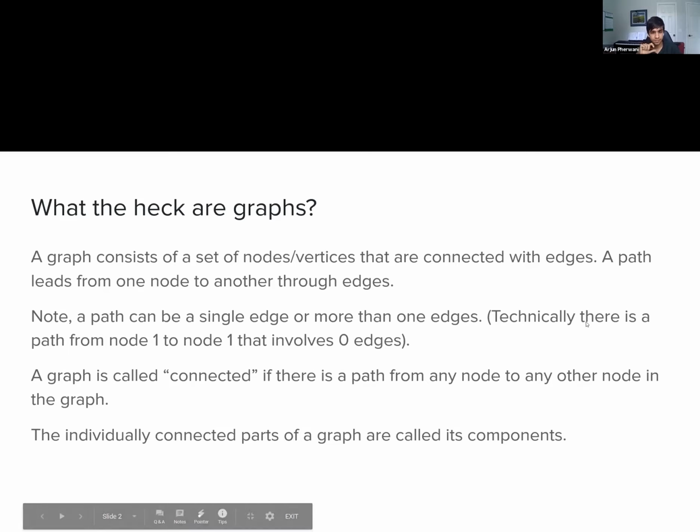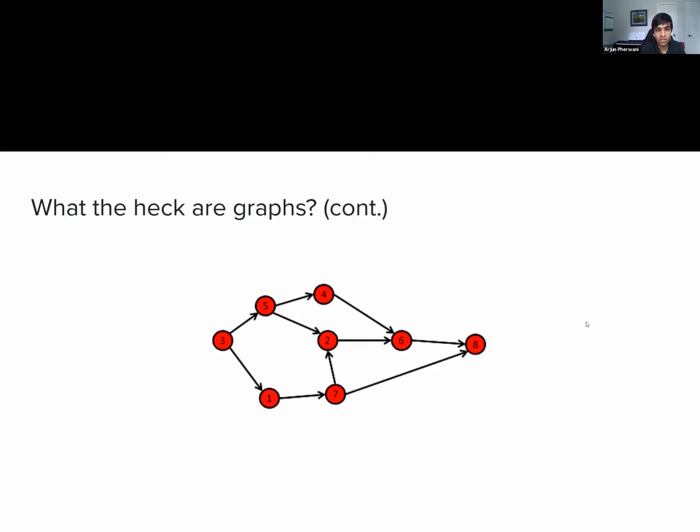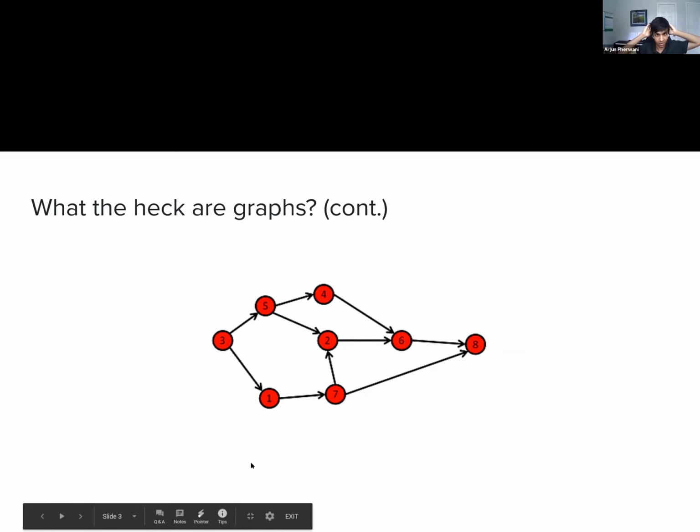So Nate, could you go to the next slide? If you look at node 3, it's connected to 5 and 1, so that's technically a component. I probably picked a bad example, but what I'm trying to say is that in a connected component, you can find a path from any node to any other node in the component. You cannot do that from 3, 5, 1, because once you go to 5 from 3, you cannot go back to 3 from 5. I don't think there is a path. So this isn't even a fully connected graph.